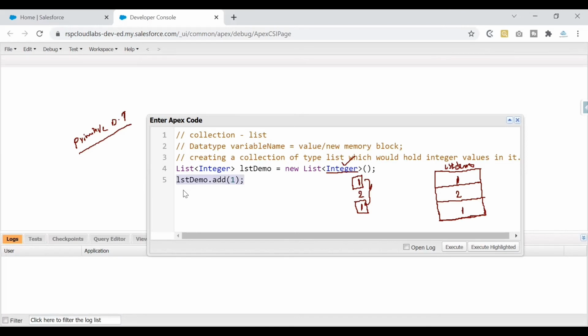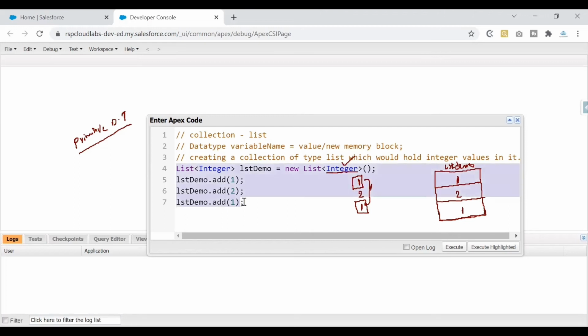Now, is my job done? The answer is no. I still need to pass 2 more values, which are 2 and 1. So I'll hit enter and copy paste this syntax once you have the logic ready. Do I want to add all ones into my collection? The answer is no. The second item that I want to add into my collection is the number 2, so I'll simply replace it. Whatever we have written on paper, now we are able to add those values to my collection, and you will be able to see this collection in action once you run this code.